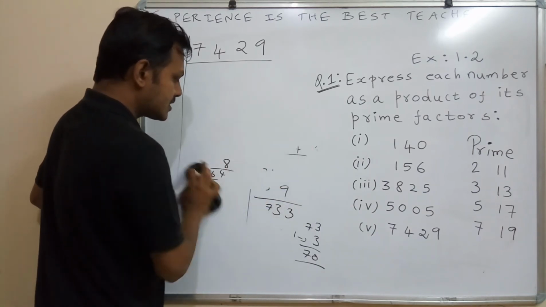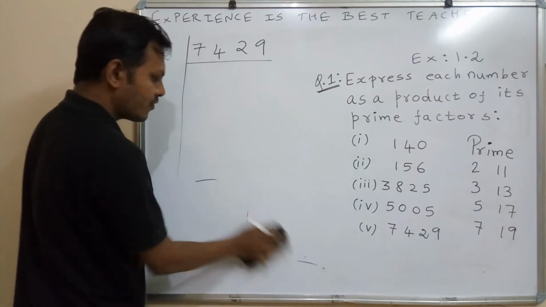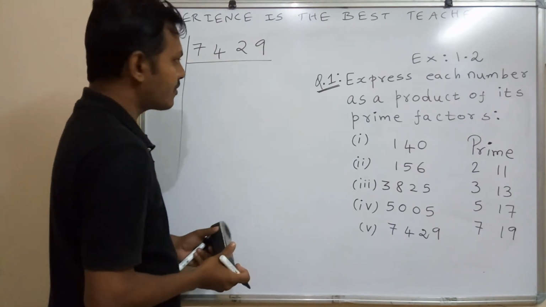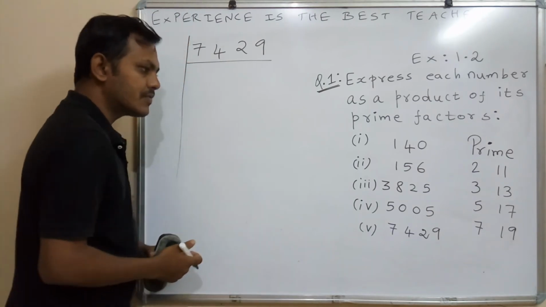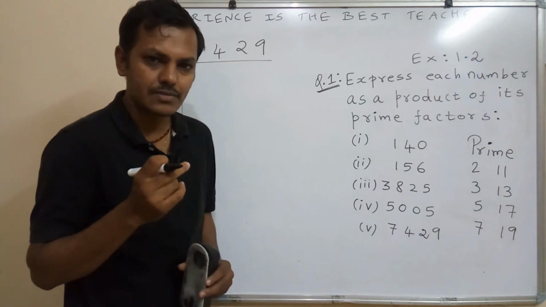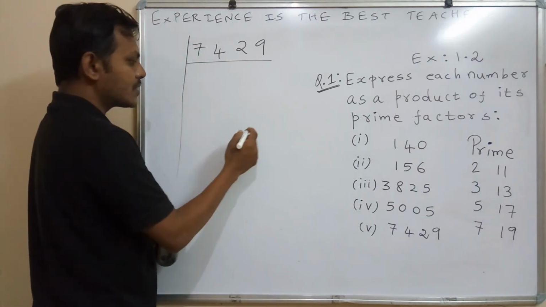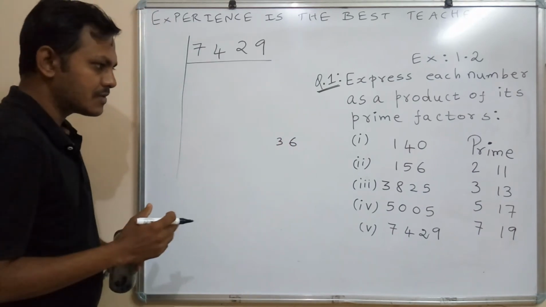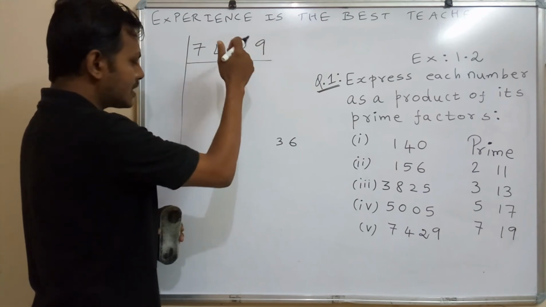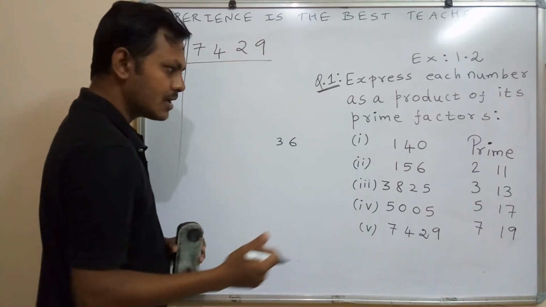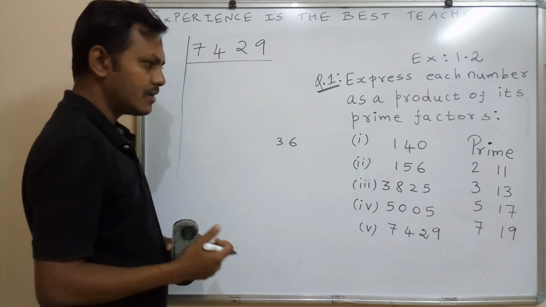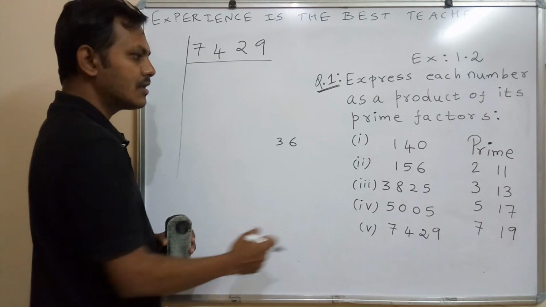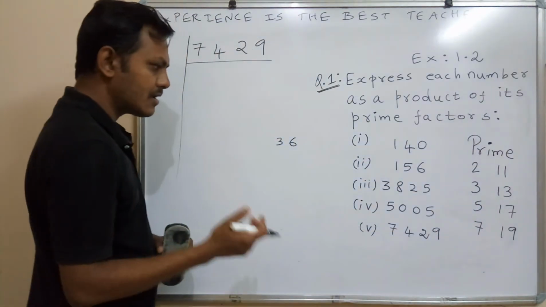Now we are going to check whether 7429 will come in 13 table or not. The divisibility rule for number 13 is 4 times the last digit and add with the rest of the number. So 4 times the last digit is 36. The purpose of using the divisibility rule is that we get this 4-digit number into a 3-digit number and a 2-digit number. Keep doing, we will even get a single-digit number. So easily we can check whether a particular number is divisible by these prime numbers 13, 17 and 19 or not.